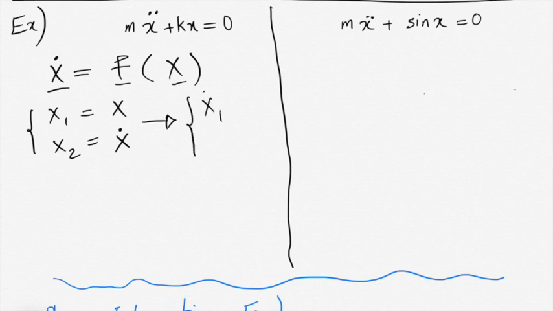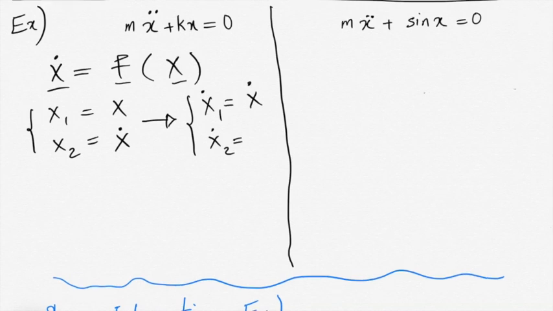Then we can take another derivative of x dot 1 as well as x dot 2. In this form, we can say that, okay, x1 is equal to x, therefore x dot 1 will be equal to x dot, and x dot 2 will be equal to x